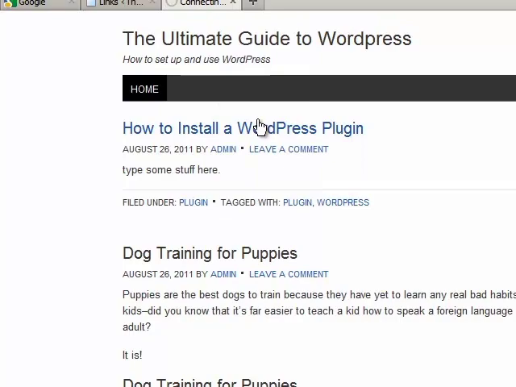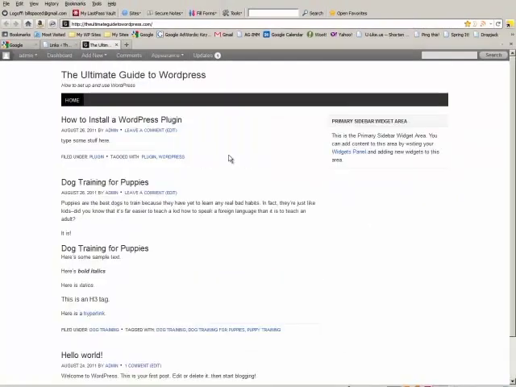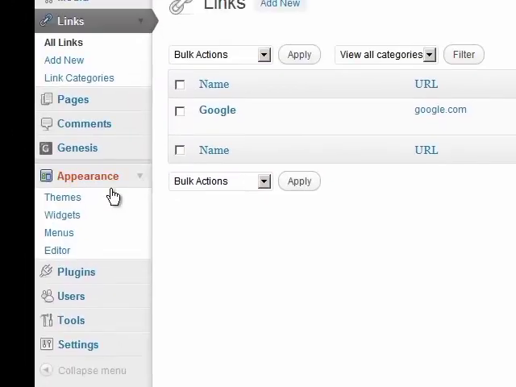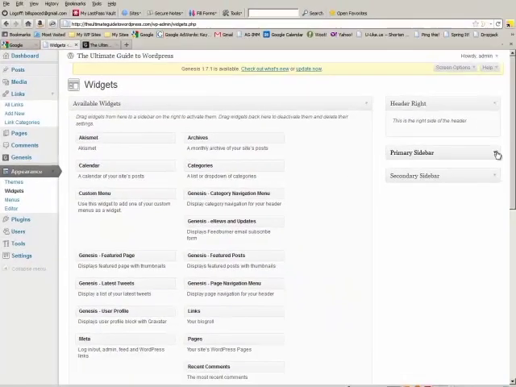Let's go take a look at the links on your site. You're going to notice that you don't see them. What you need to do, and this is going to be shown to you more in depth in a following video, but you actually have to add your blog roll to a widget and your widget to your sidebar. So click on Appearance, go to Widgets, click on the primary sidebar, and all you do is drag your links over here,